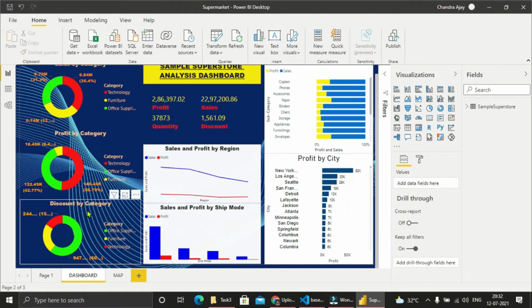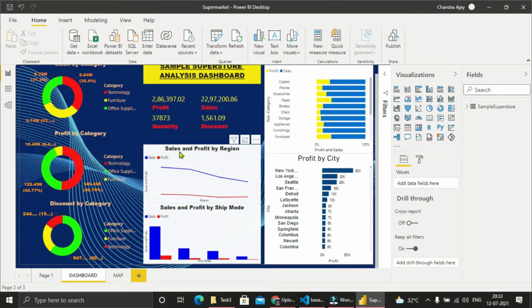This chart basically shows the discount based on categories. If we see here, office supplies has the highest discount of around 60.71%, followed by furniture which has 23%, and technology which has around 15.66%. So even though the discount for furniture is high, the profit of furniture has the least percentage. So let's analyze further.